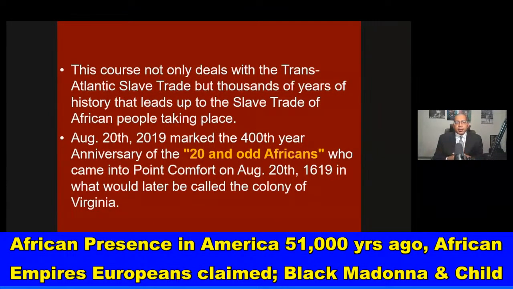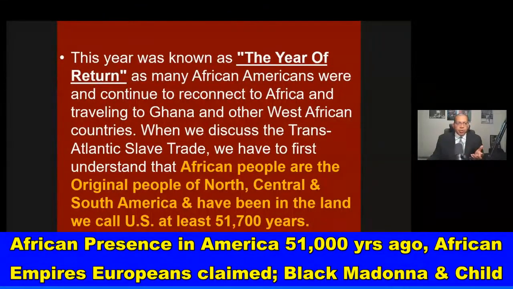August 20th, 2019 marked the 400th year anniversary of those 20 and odd Africans who came into Point Comfort in what would later be the colony of Virginia. It's actually Hampton, Virginia, that they come into. This year was known as the Year of Return, as many African Americans were and continue to reconnect to Africa and travel to Ghana and other West African